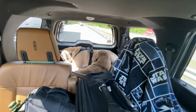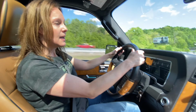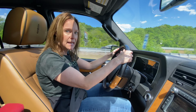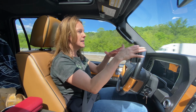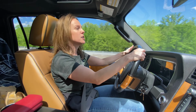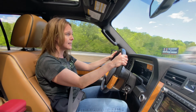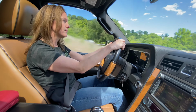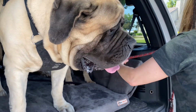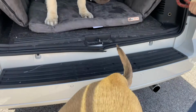It's kind of hard to tell. He actually just settled down, but nonetheless, he just kept panting and panting, and I'm like, is he not getting air back there? So I've adjusted the temperature in the air. We've got the air conditioning on in the car, and it was so chilly. I had my jacket on most of the day, but nonetheless, he's just panting and panting. And so we figured out that the air vents for the air conditioner in the rear cargo part of the